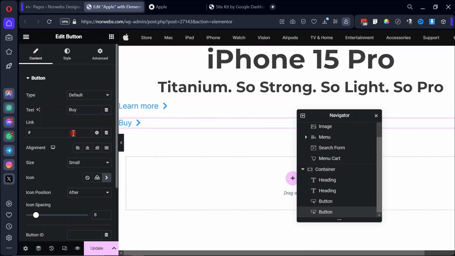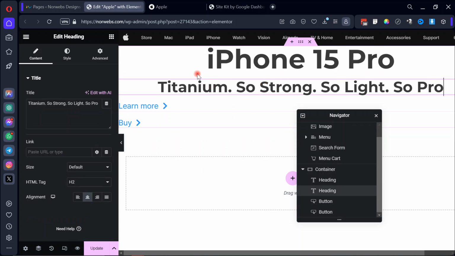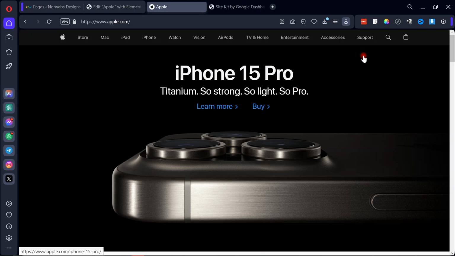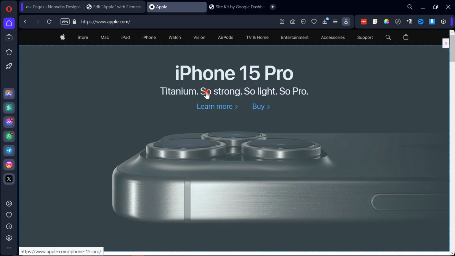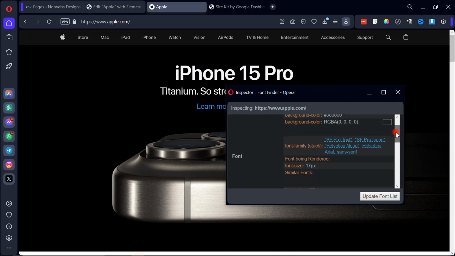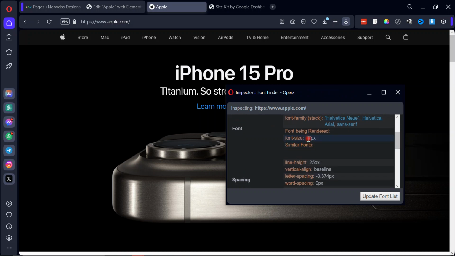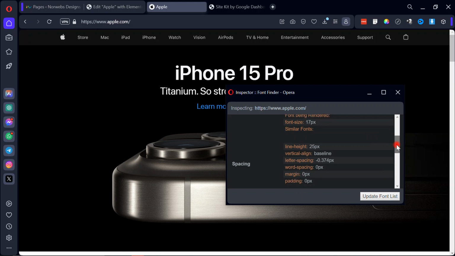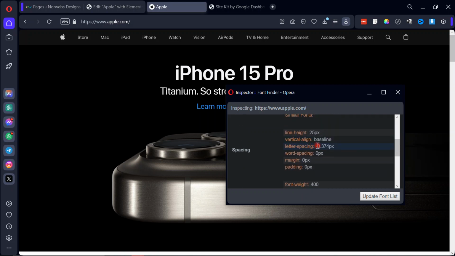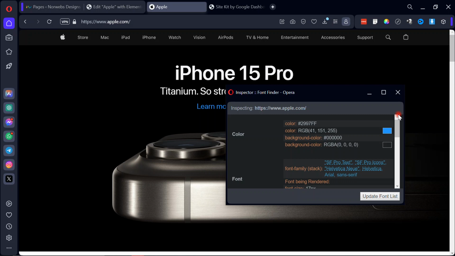Alright, so two of them now have the same style. Okay, then I'm going to go here, let's see the size of this. Let's see what's going on here. Okay, so this is 17 pixel. Okay, 17 pixel, and letter spacing 0. Blah blah blah, and 17 pixel, and of course the color is